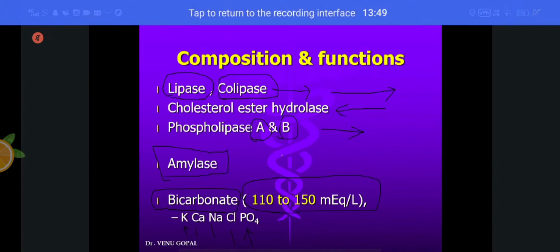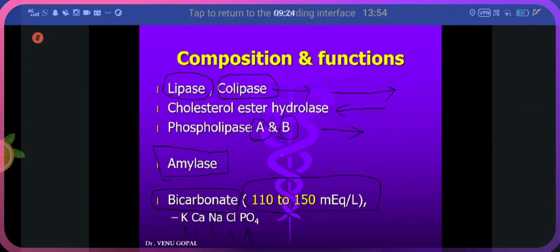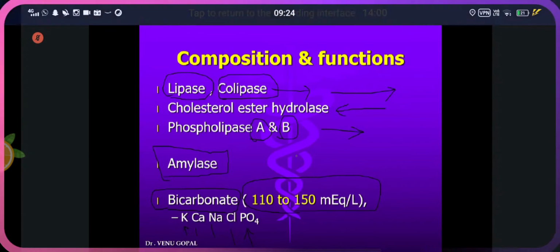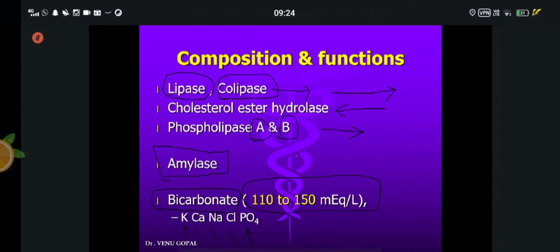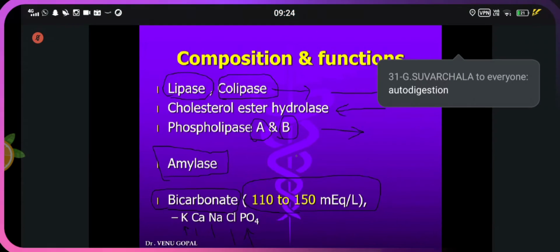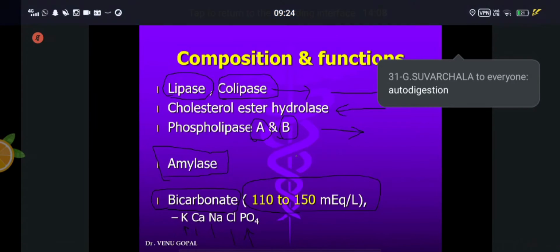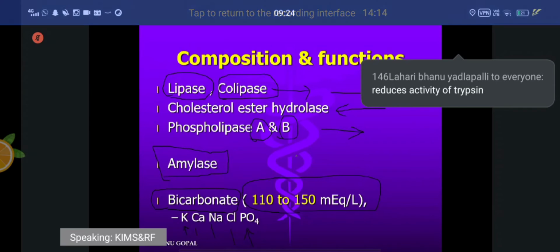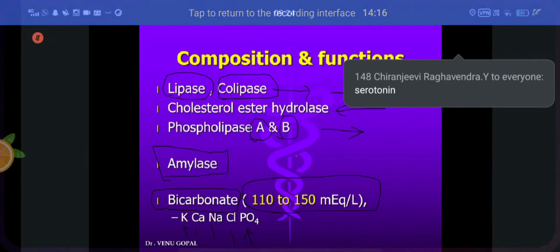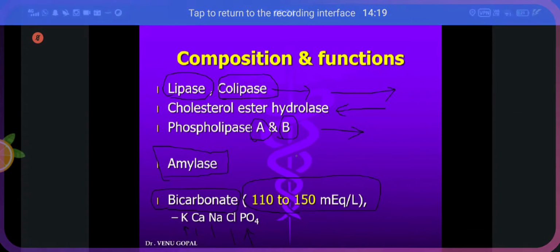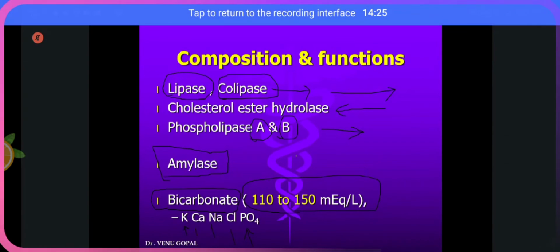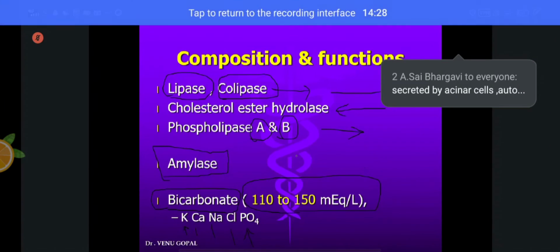Somebody can explain the role of trypsin inhibitor? What is the role of trypsin inhibitor? What it is? So as rule number 31 says, if accidentally trypsinogen is activated into trypsin in the pancreas itself, actually it must be activated in the duodenum or in the small intestine. With the help of what is the enzyme that will activate trypsinogen to trypsin? Somebody can type here.